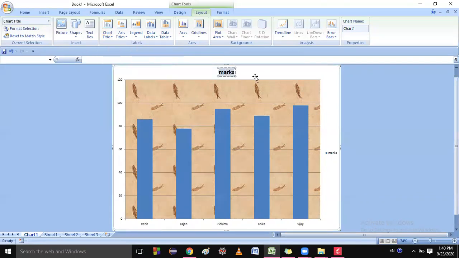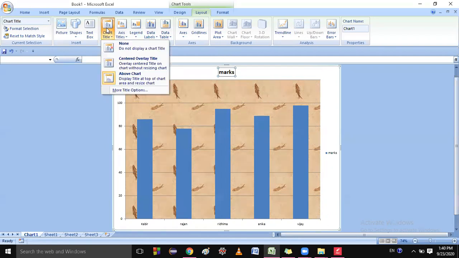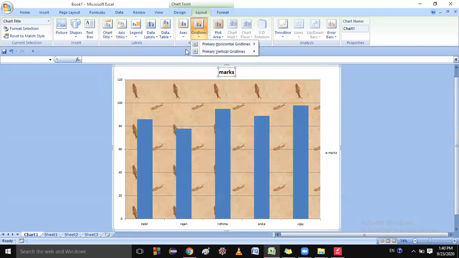Here, select the chart title and click on the chart title button in the labels. In the labels group under the layout tab, a drop down menu will appear. This one. Wait.